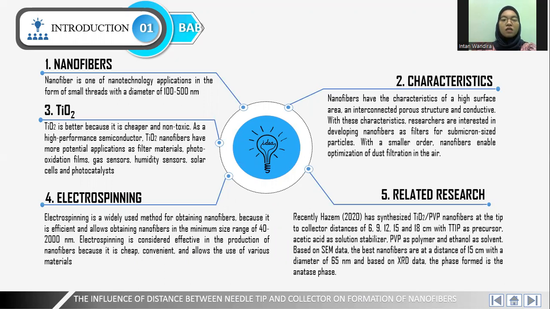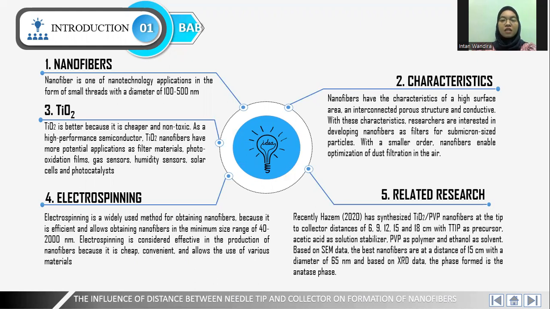Electrospinning is a widely used method for obtaining nanofibers because it is efficient and allows obtaining nanofiber in the minimum size range of 40 until 200 nanometers. Electrospinning is considered effective in the production of nanofibers because it is cheap, convenient, and allows the use of various